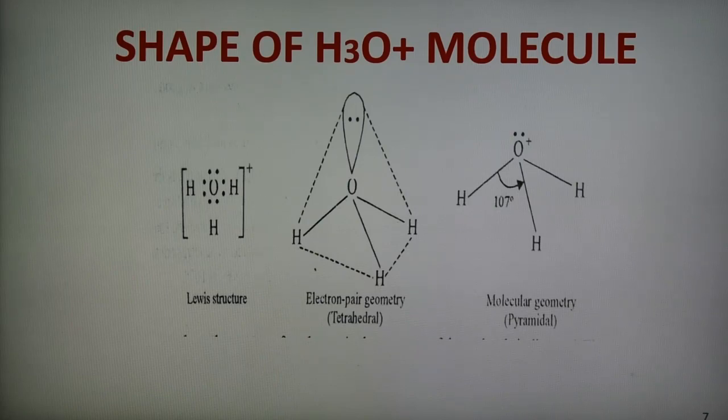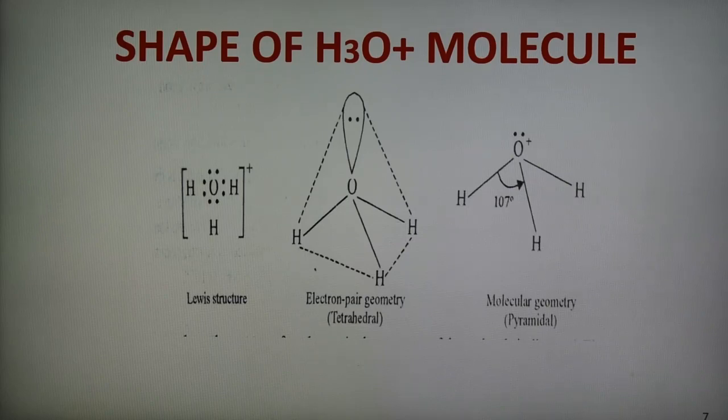Now in the formation of H3O+ ion, 2 of the valence electrons of the oxygen share 2 electrons with the 2 hydrogen atoms, and 1 pair of electrons is there which acts as a lone pair. This shows 1 pair of electrons on the oxygen atom as a lone pair. It is important to note that there is 1 coordinate bond between the lone pair of the oxygen atom and